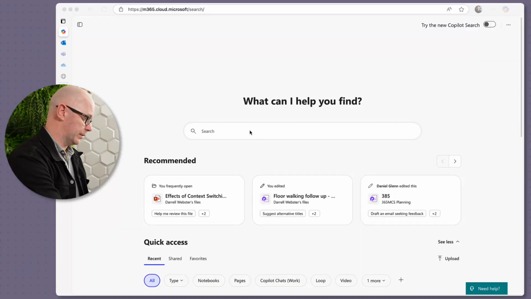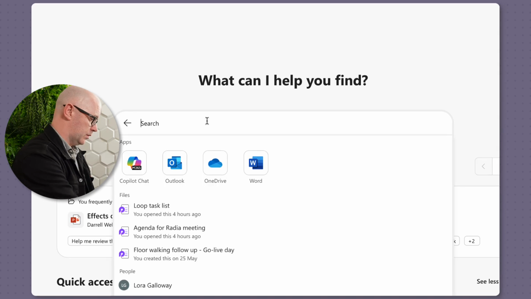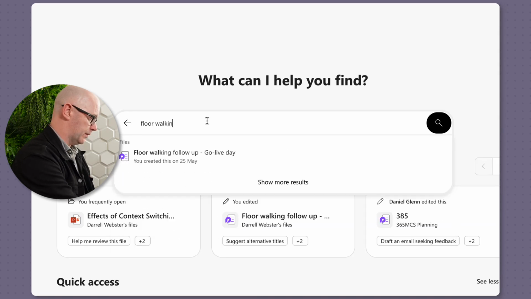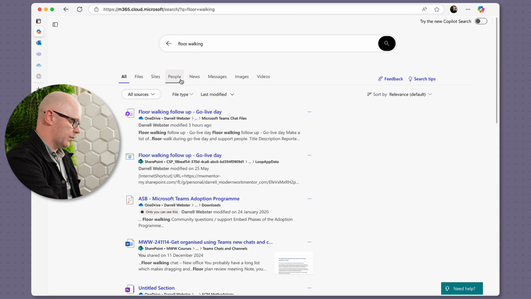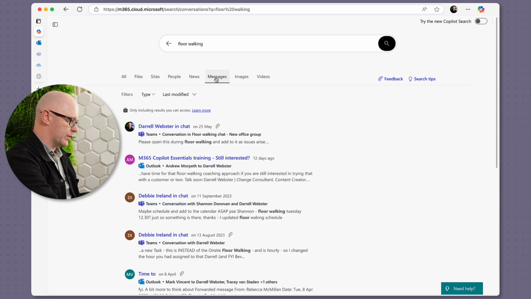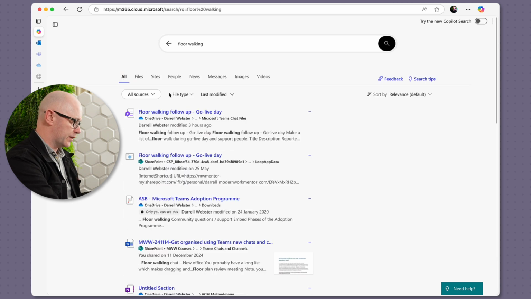We used to search like this. We would drop in some keywords, floor walking, and hope for the best. And then Microsoft 365 Search would come back with files, it would find messages, and if there was anything to do with sites or people, it would be there and you could filter and